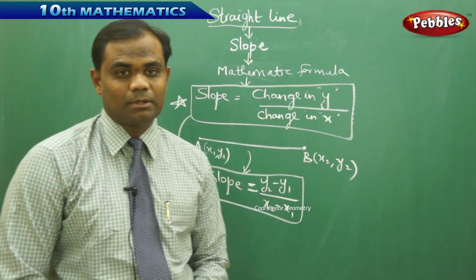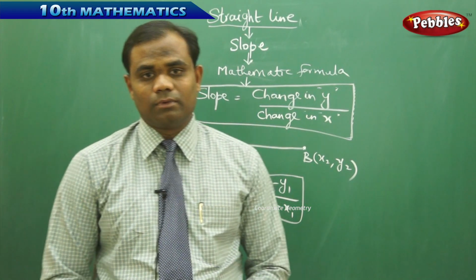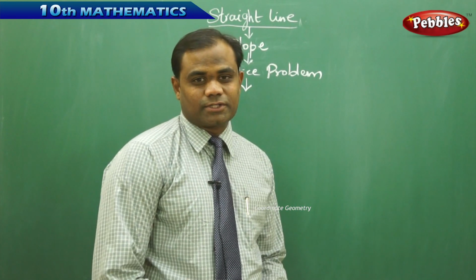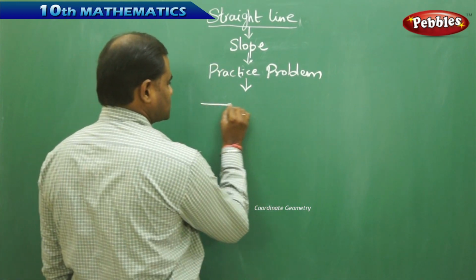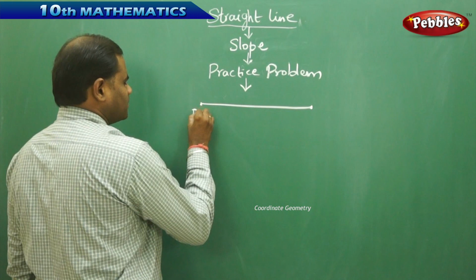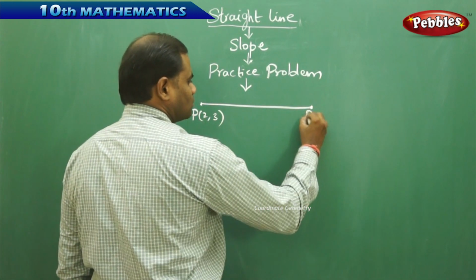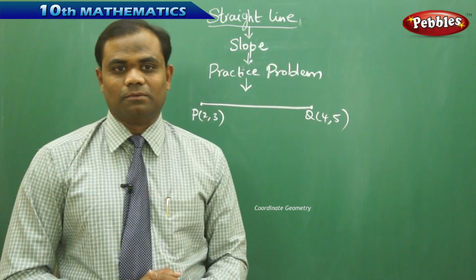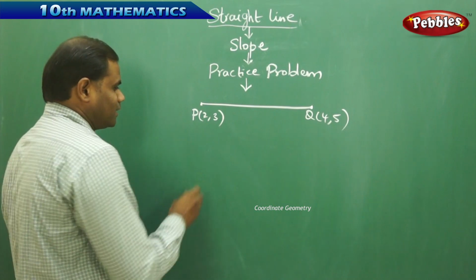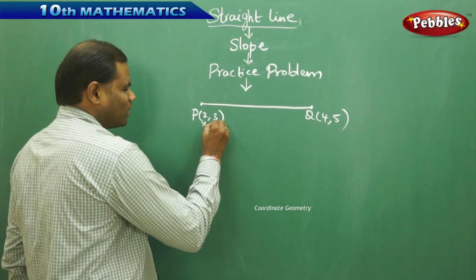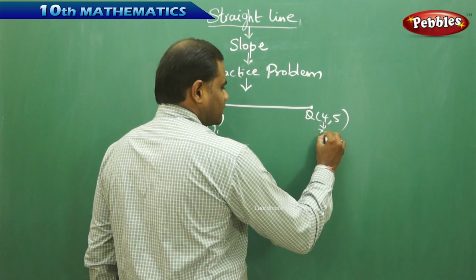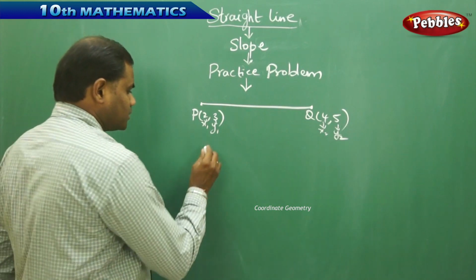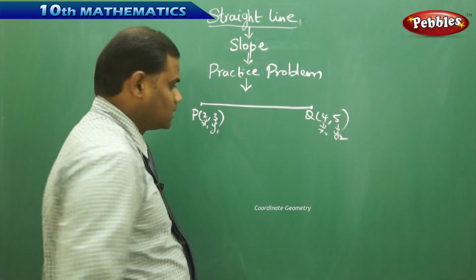So let's see an example problem where we find the slope for a given line passing through two different points. So let's find the slope of a straight line. Say for example, I have a straight line passing through 2 points P, which is (2, 3), and Q, which is (4, 5). Now how do I find the slope of this line segment PQ? As we know, if I assume the first coordinate as x1 and y1 and my second coordinate as x2 and y2, then the slope of a straight line joining the points (x1, y1) and (x2, y2) is given by